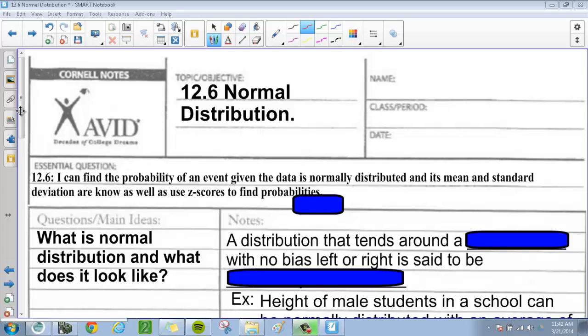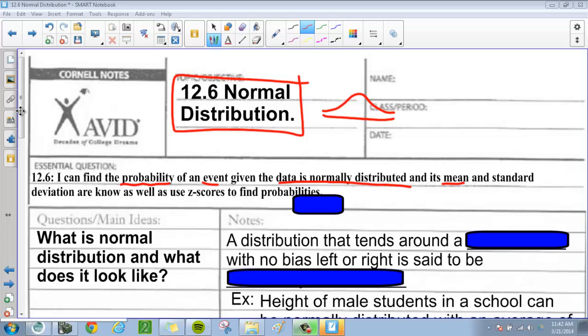Okay, we're going to talk about the last topic for Chapter 12, which is 12.6, normal distribution, right there. Otherwise, you probably know it as the bell curve. Normal distribution is just like the bell curve. And your essential question today is, I can find the probability of an event given the data is normally distributed